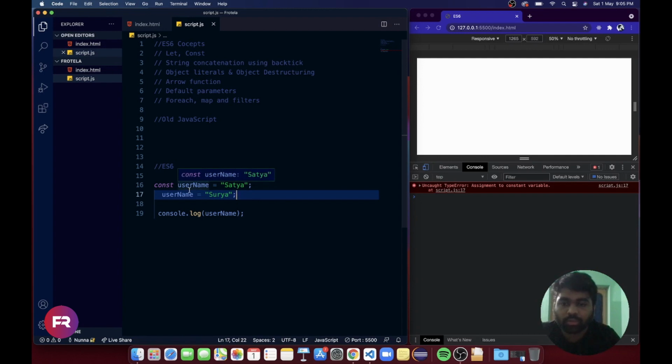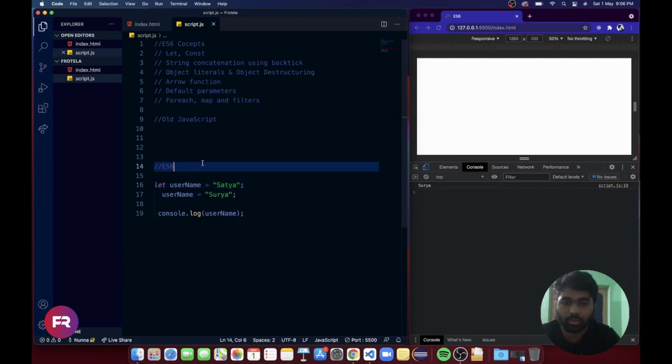If you want to change the username, then instead of const you can use let. If I run now, you will see, so simple. Instead of var you can use const every time if you don't want to change the values. If you want to change the value of that variable, you have to use let, as simple as that.